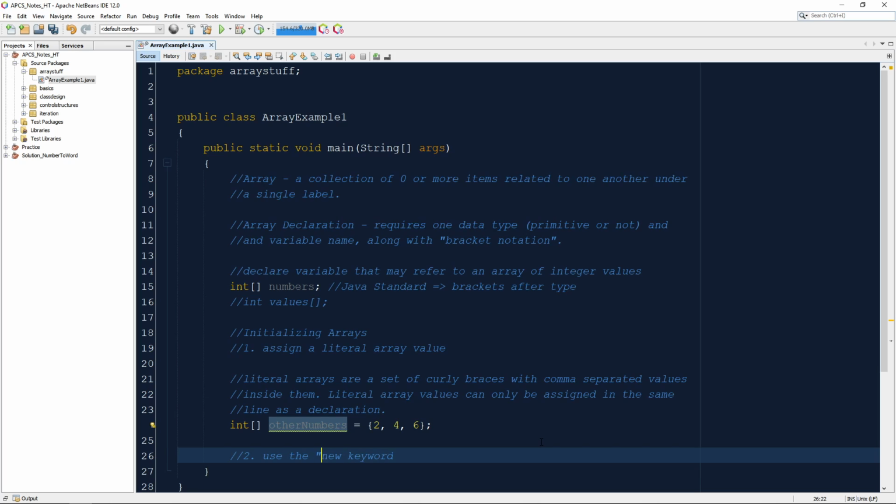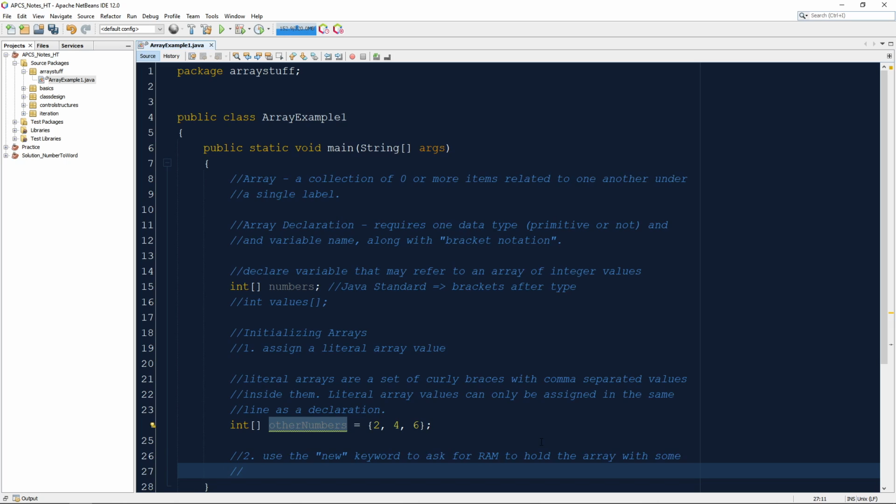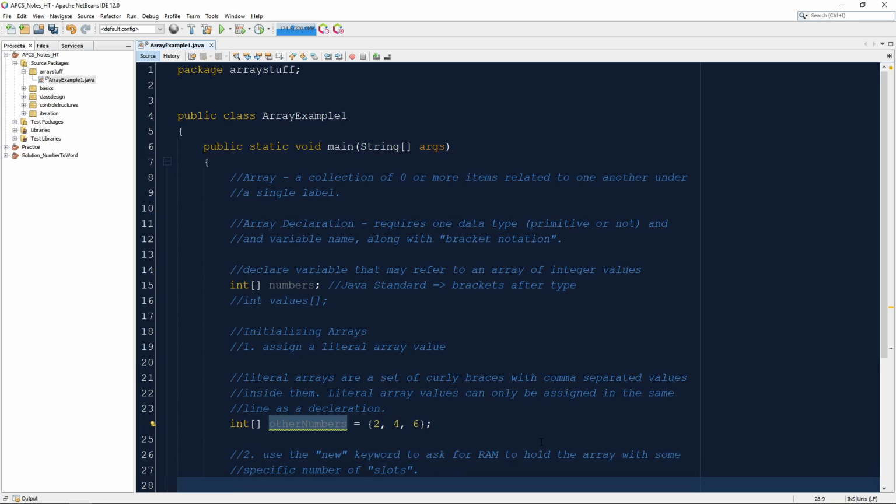I'll put it in quotes so we remember that it is in fact a keyword to ask for array slots, right? So the idea is that we're saying, look, when we make this thing, we have to use the new keyword, and we're going to have to tell how many spots are required. So I'm going to go ahead and be explicit. The number